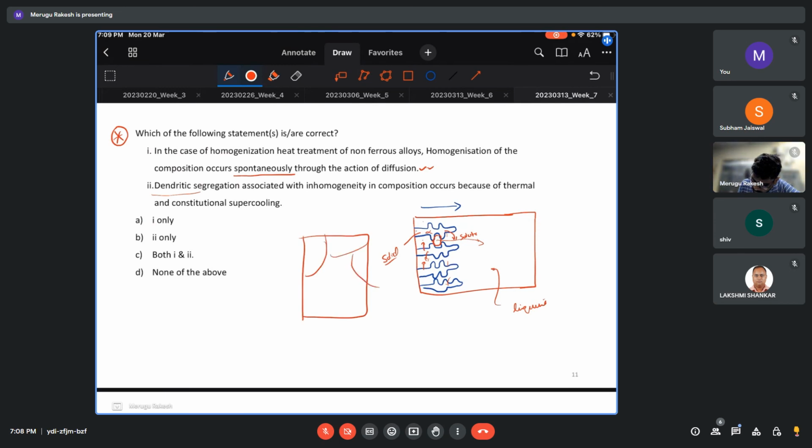we'll have grains like this, and at this region we'll see that this solute segregation happening. So this is known as the dendritic segregation, or solute segregation in large view. Okay,